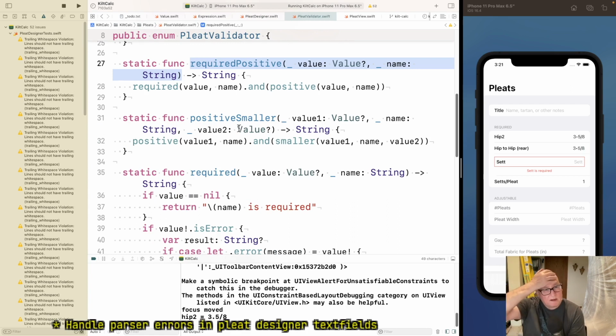I don't know if we need to make required part of it.